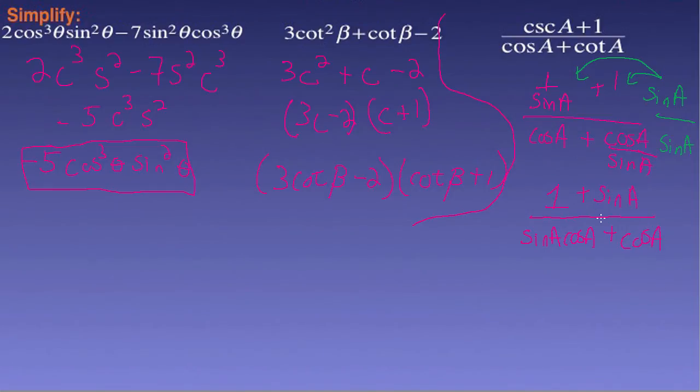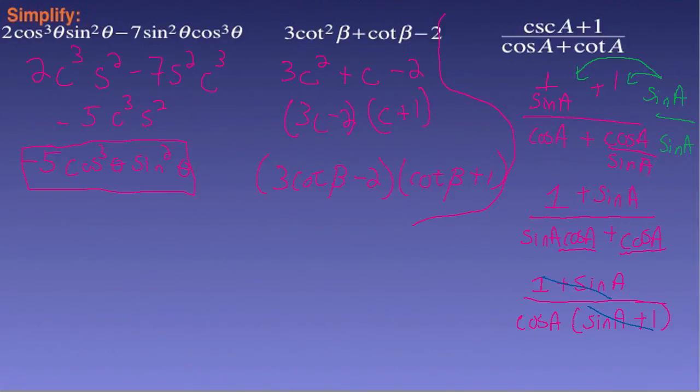And this still doesn't look too good, but if I look in the bottom and see a cosine A in the first term and a cosine A in the second term, I can factor that out. 1 plus sine A stays in the top. I'm going to factor out a cosine A, and I'm left with sine A plus 1. And now two things in the top and bottom look identical. 1 plus sine A is the same thing as sine A plus 1, so I can cancel those two,